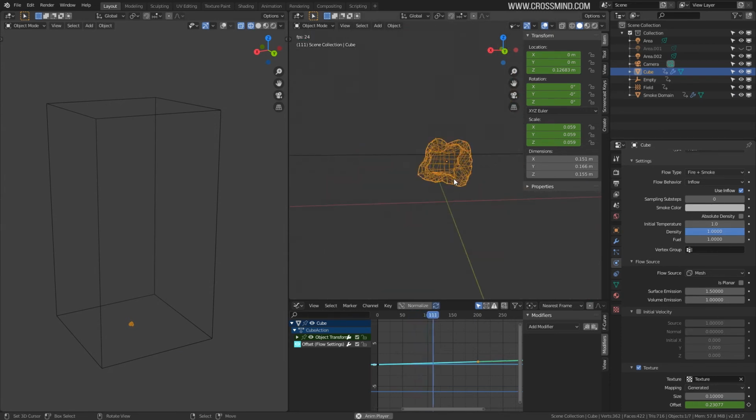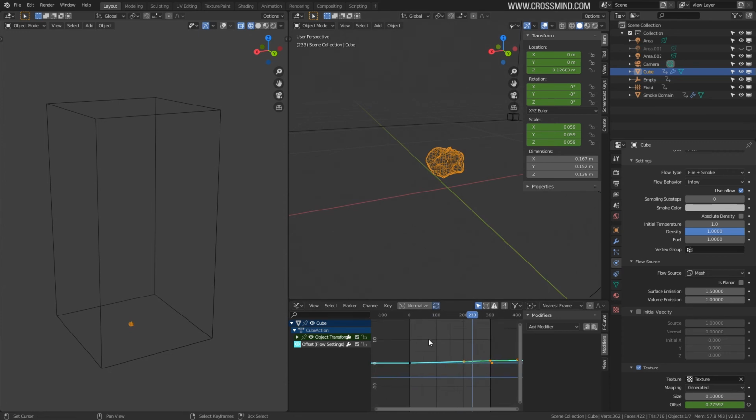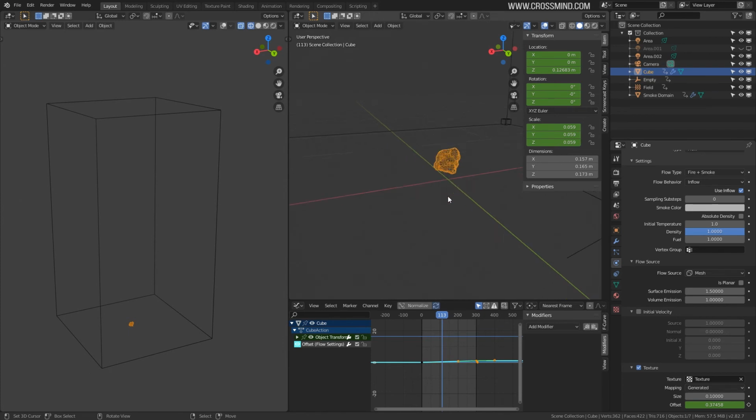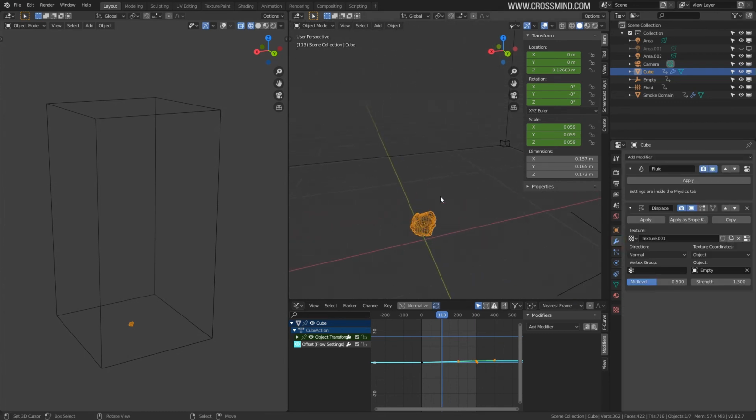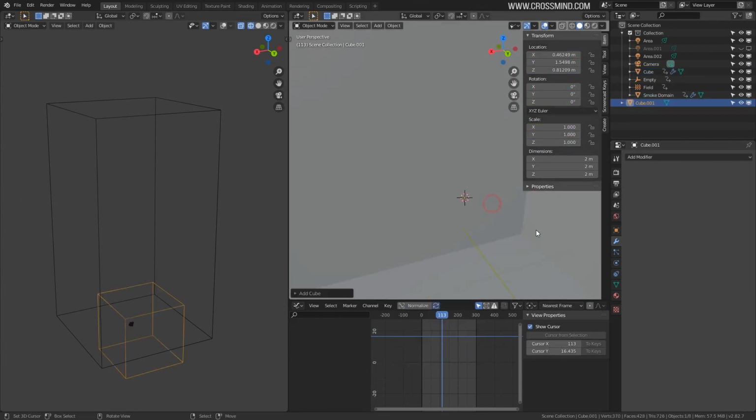So don't worry about this noise over here. It's an old habit of giving an emitter some noise for a much more detailed simulation. But at this stage, because the simulation is so simple, I don't think it's going to affect much, and you can keep it a simple box. Okay, so this noise, if you want to add, simply apply displace. Let me just show you one cube